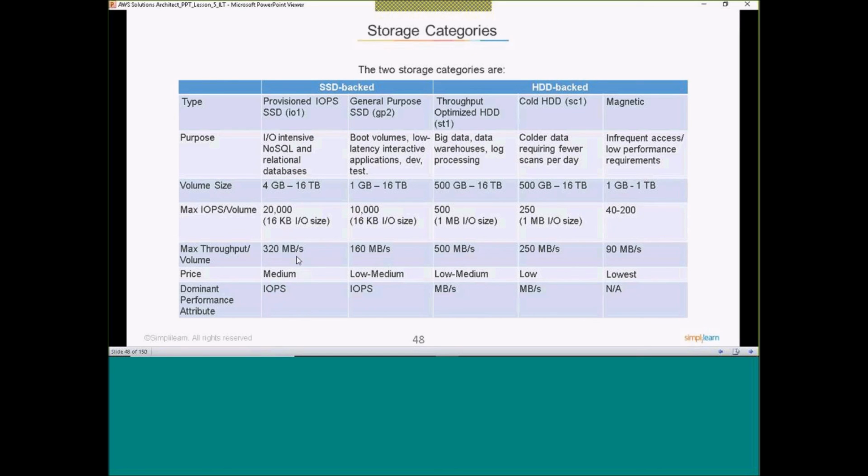The maximum throughput is 320 MB per second. Compared to this one, throughput optimized also has 500 MB per second, but it doesn't have that many IOPS, only 500. So depending on the requirement, you will have to choose the type. But as you go for provisioned IOPS or general purpose, the pricing compared to the other one is a little on the higher side. The dominant performance attribute is IOPS. So if high IOPS is required, always go with SSD backed, that is either provisioned or general purpose.